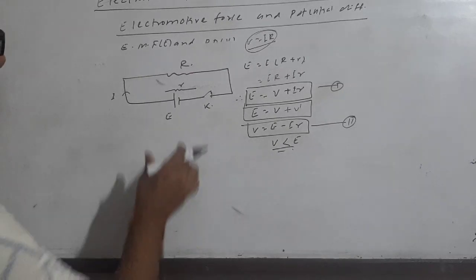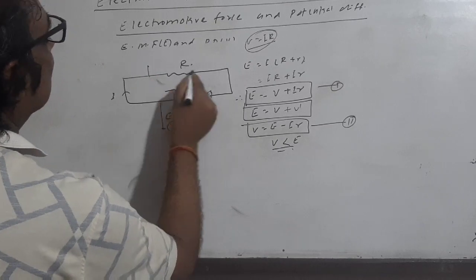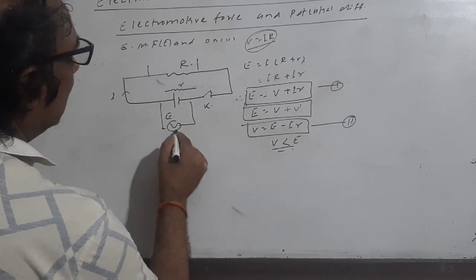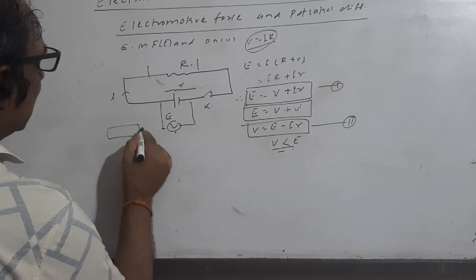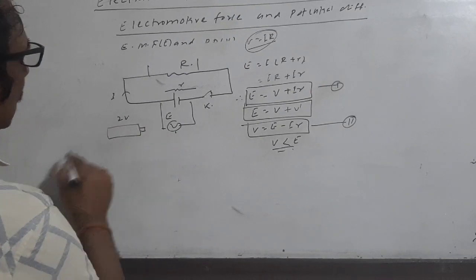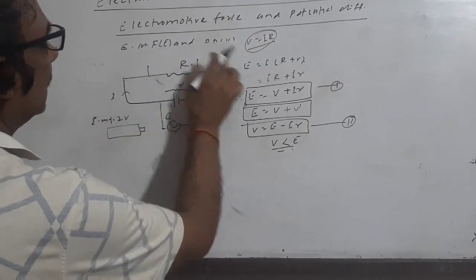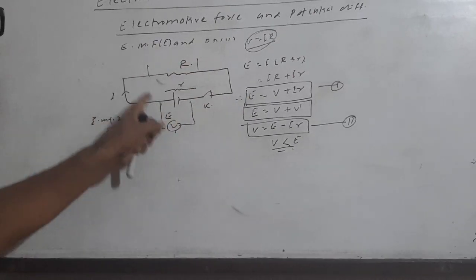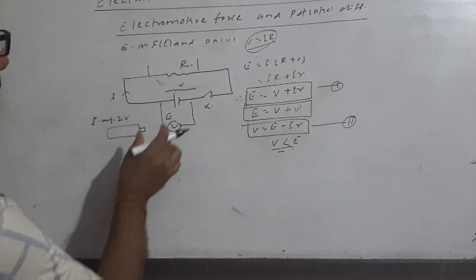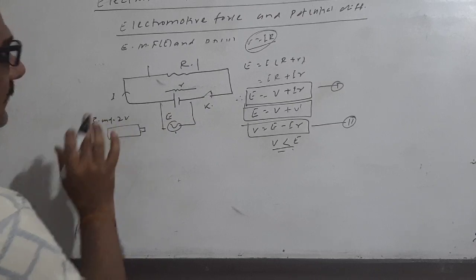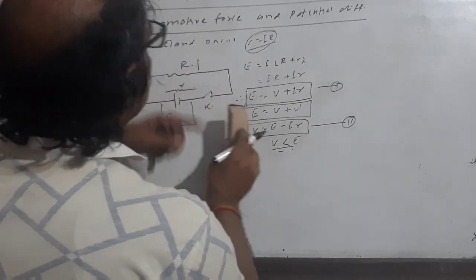So now in this situation, a voltmeter is connected here, or a voltmeter is connected here. So there is the potential difference, and this potential difference is always less than the EMF. I have already said earlier, if there is an indication like 2 volt, this is the EMF. But if the cell is connected like that here, and the current I passes through in this situation, at that moment the voltmeter reads a value less than 2 volt. Now in terms of the work done, I have to explain again the electromotive force.